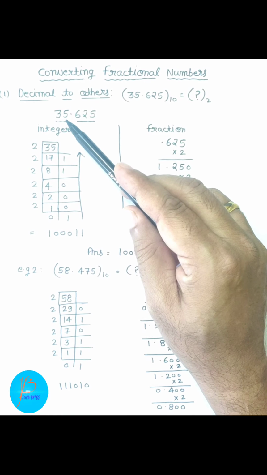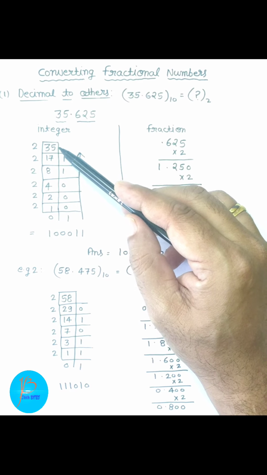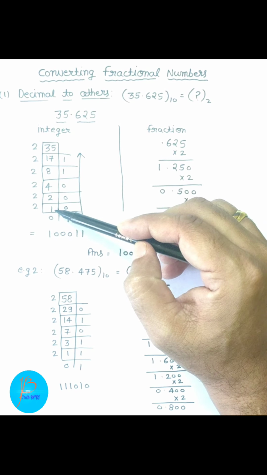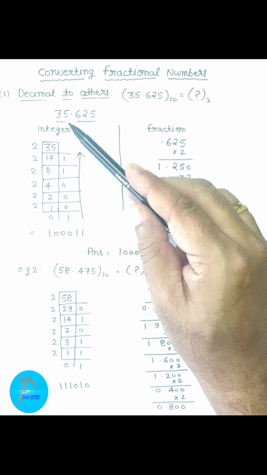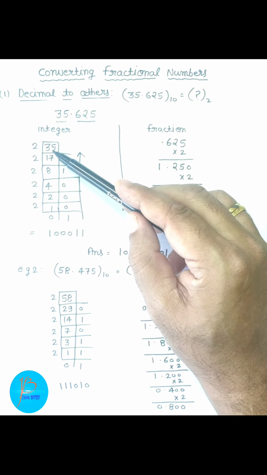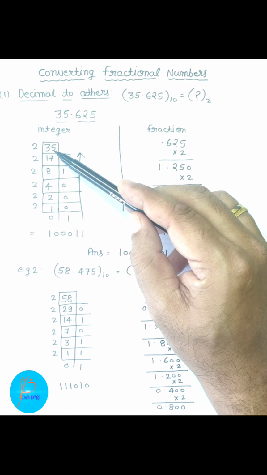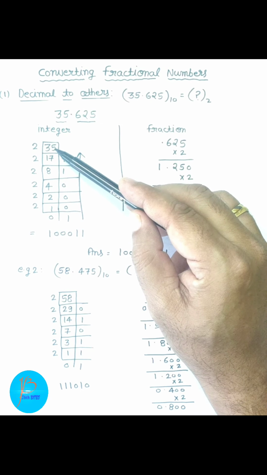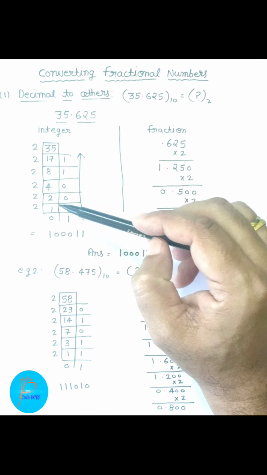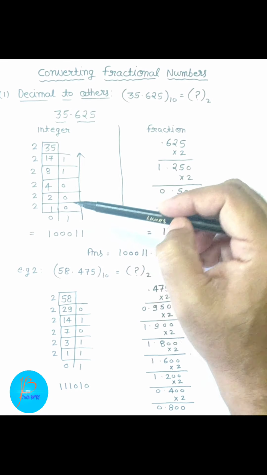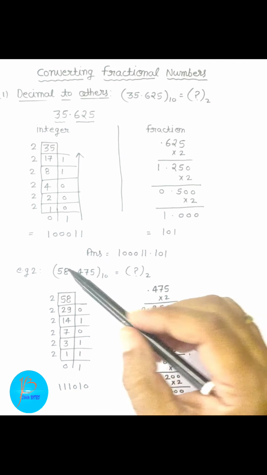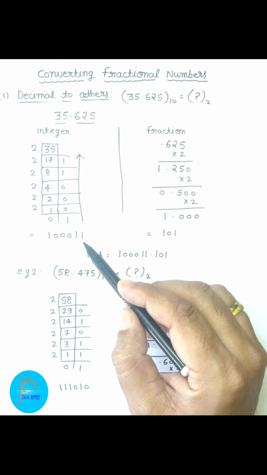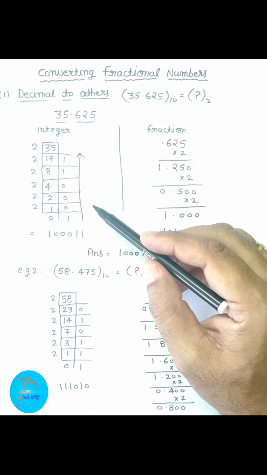First look at how to convert the integer part to its binary equivalent. You know the integer part is 35 and you know how to convert it into its binary equivalent. As you learned in the first class, you start dividing the number by 2. Why by 2? Because we are converting to base 2, its binary equivalent. Keep dividing the integer part by 2, note down all the remainders, and finally copy all the remainders from bottom to top. Your answer will appear as 100011. This is what we already know.